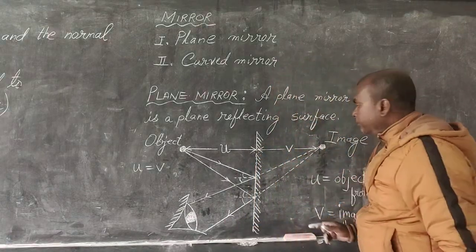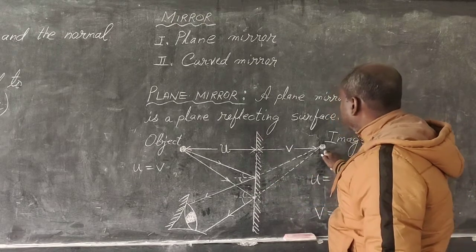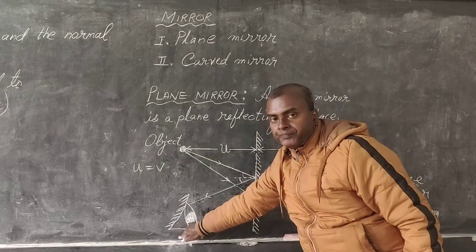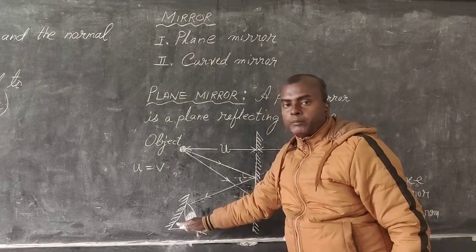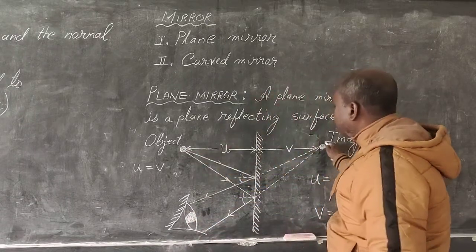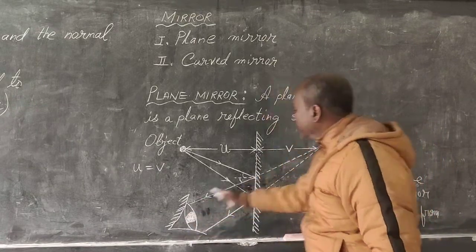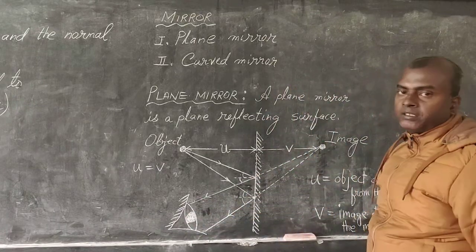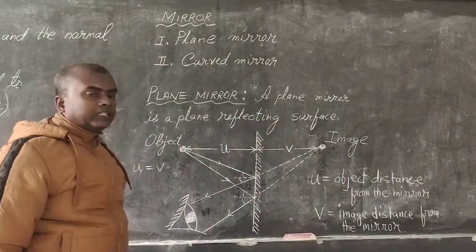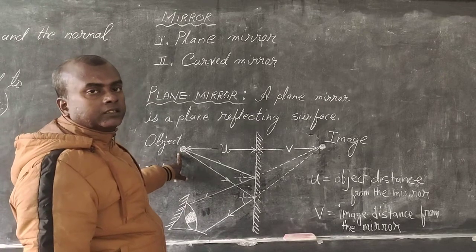Alright, now this is not complete. Let me further explain. Now this image will be visible to a person who is over here. So I have drawn the eye of the person who is over here. For this person, the object's image will be visible. If he stands at this point, then he will be able to see the image. Okay. So this is the case of reflection for a point-sized object.